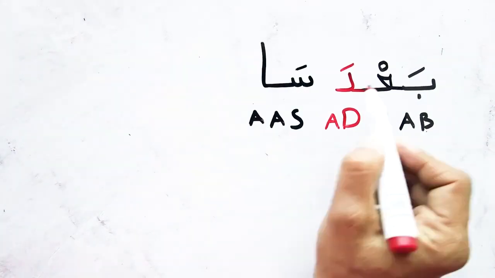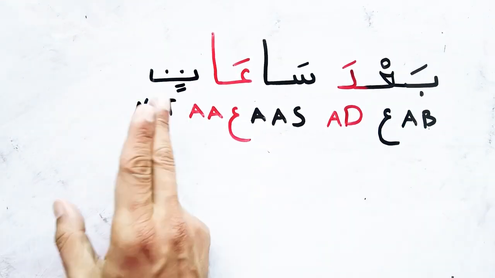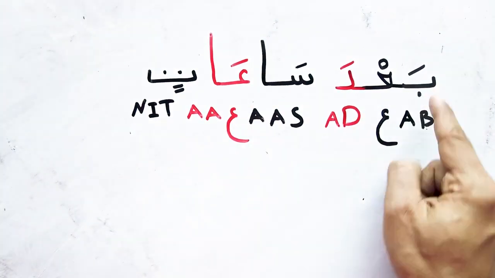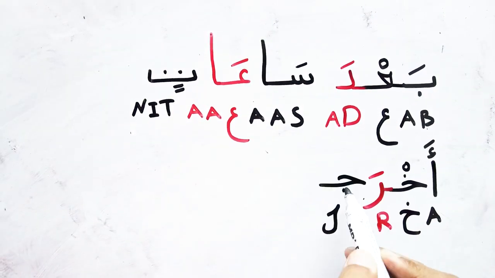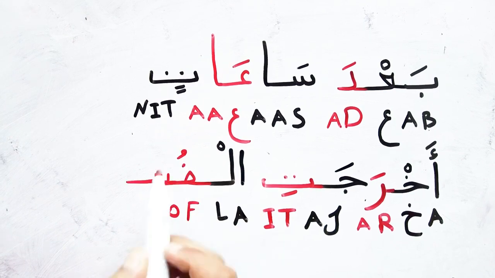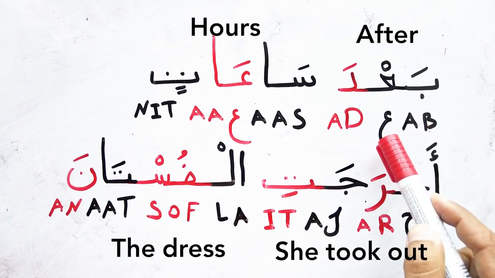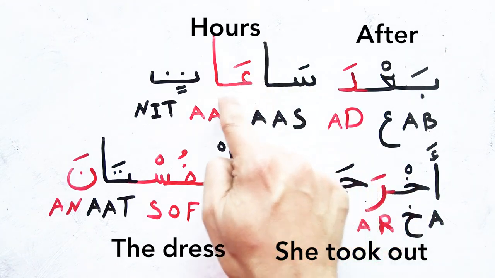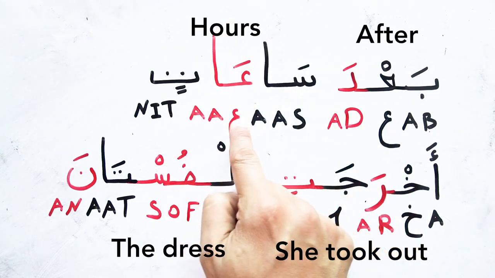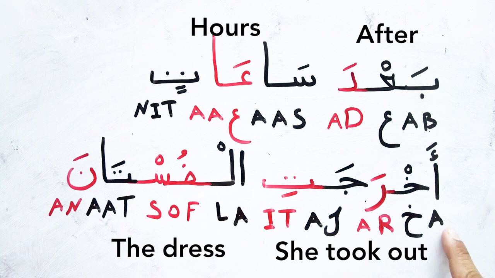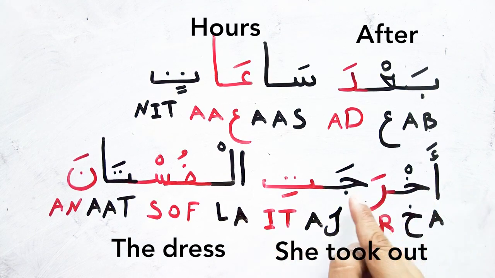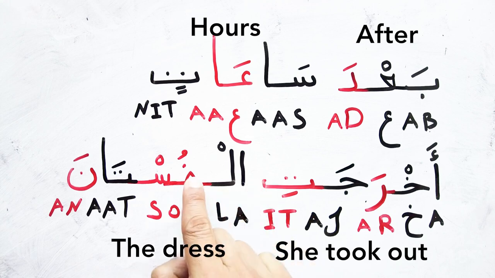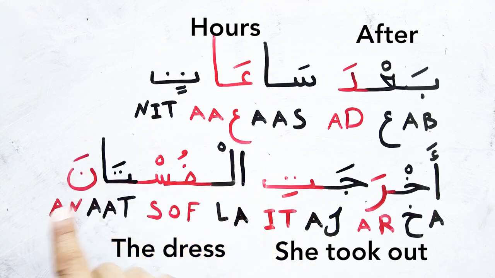In this lesson, we're gonna read and write some sentences. Maybe it's one sentence. Let's see. So let's get started. So the first word, بعد ساعات أخرجت الفستان بعد